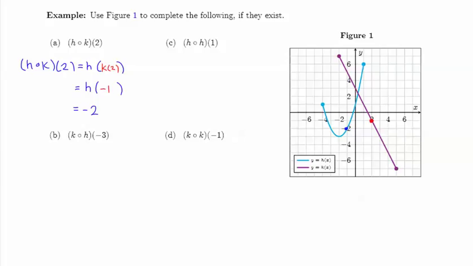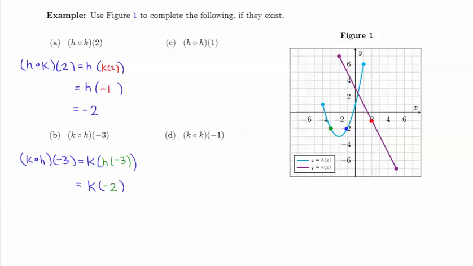In part B, we're going to take k of h of -3. So we have k composed with h, that's evaluated at -3, and we write that then as k of h of -3. Let me color code h here. So we'll have h of -3 inside that function k. So our first step will be to evaluate h at -3, and we'll do that using the graph. H is our blue function here. So we'll see that at -3, that function value is -2. So this then simplifies to k of -2.